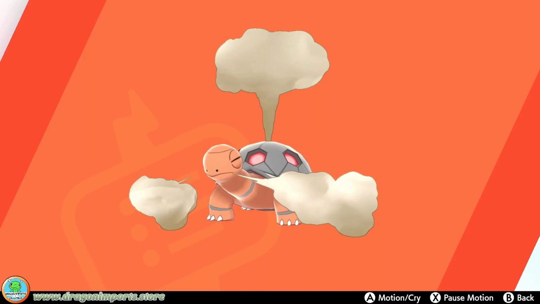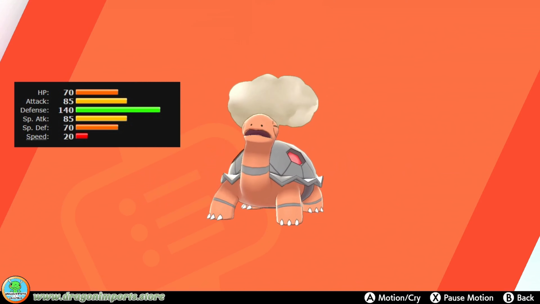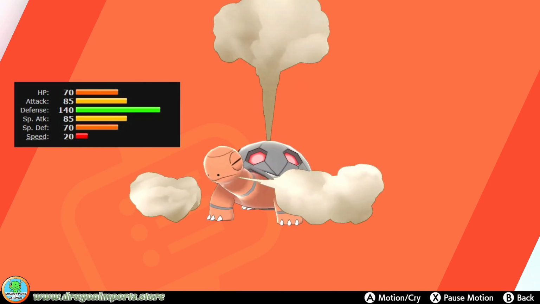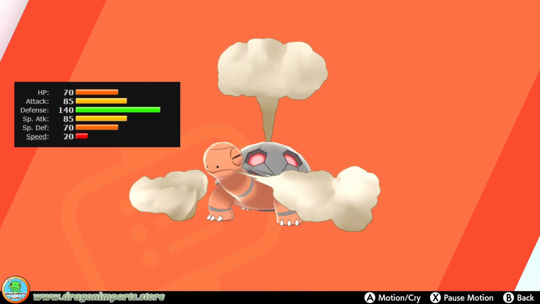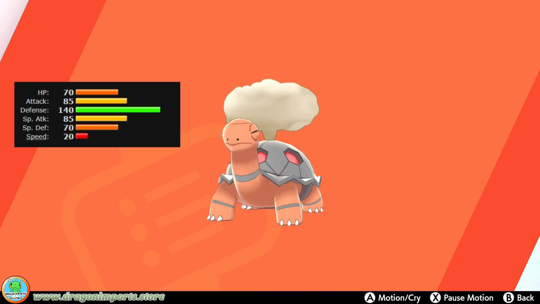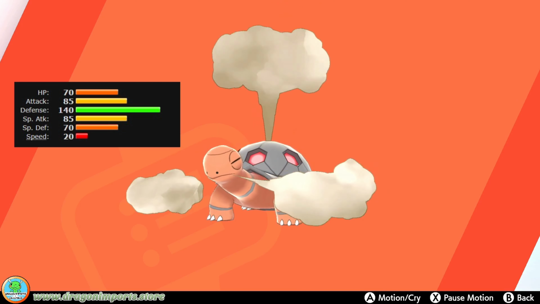So stat-wise, Torkoal is not too bad. It has the lowest speed stat of pretty much any fire Pokemon in the game. Defense of 140, which is really good, and all of the other stats are pretty average,